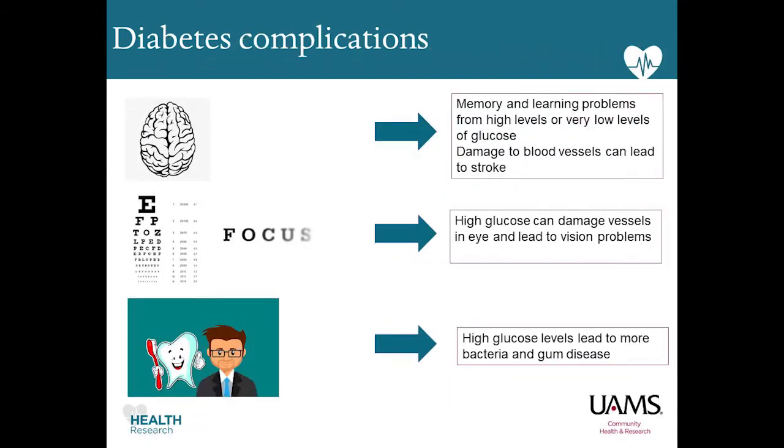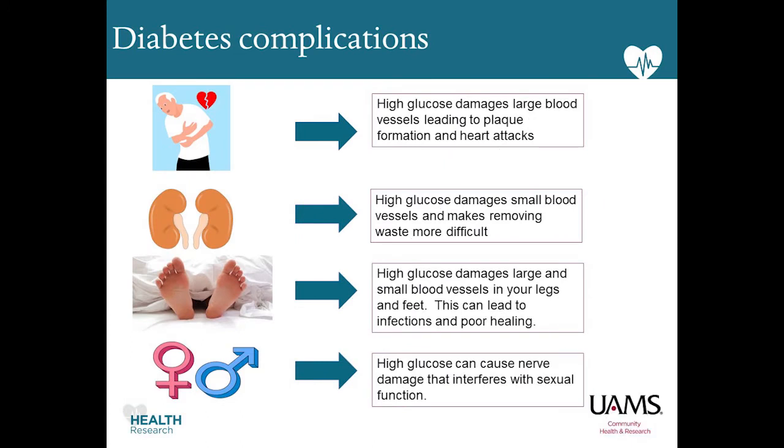For our brain, memory and learning problems can occur from high levels or very low levels of blood glucose. Damage to blood vessels can also lead to stroke. High glucose can damage blood vessels in the eye that leads to vision problems. And high glucose levels lead to more bacteria and gum disease. Of course, we've talked about heart disease and diabetes because high blood glucose damages large blood vessels leading to plaque formation and heart attacks. And high glucose damages small blood vessels in our kidneys, making the removal of waste more